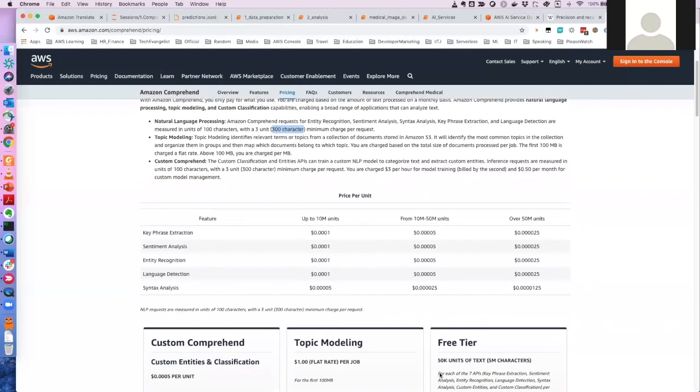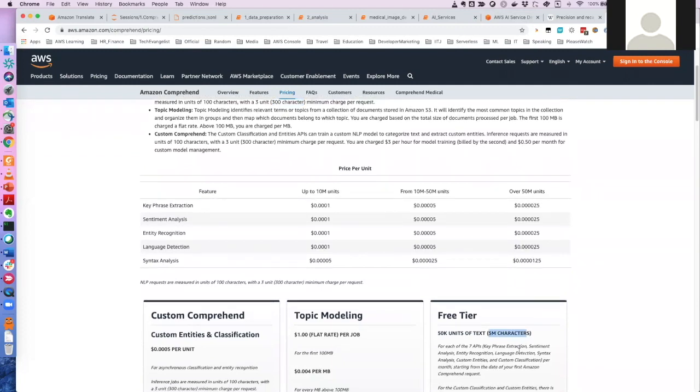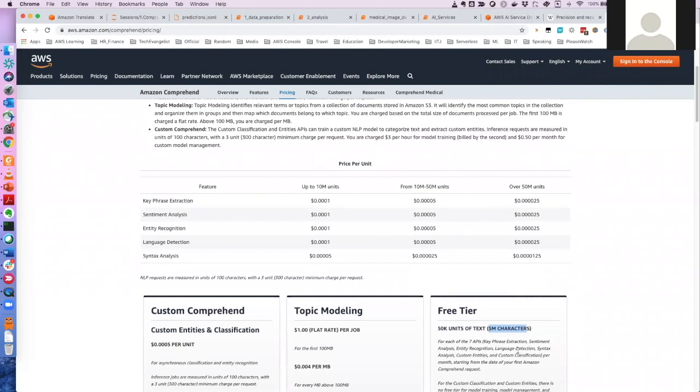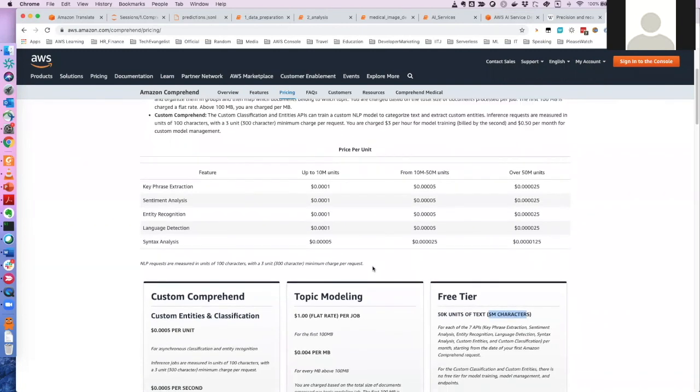You can have 50,000 units of text, almost 5 million characters, which looks very high, but it's not that high if you think intuitively. So keep in mind not only the request, but also how many characters and how much text you have in your document.